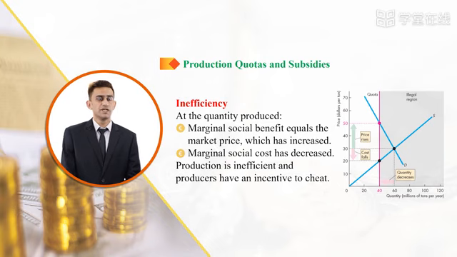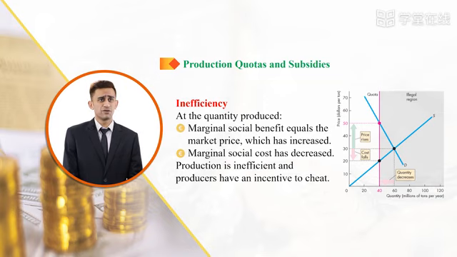An incentive to cheat and overproduce. The production quota creates an incentive for growers to cheat and produce more than their individual production limit. With a quota, the price exceeds marginal cost, so the grower can get a larger profit by producing one more unit. Of course, if all growers produce more than their assigned limit, the production quota becomes ineffective and the price falls to the equilibrium price.